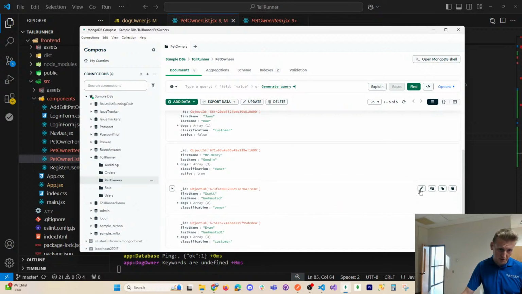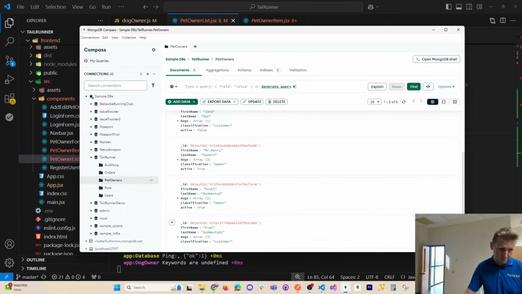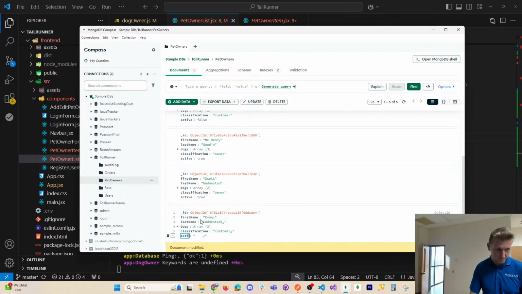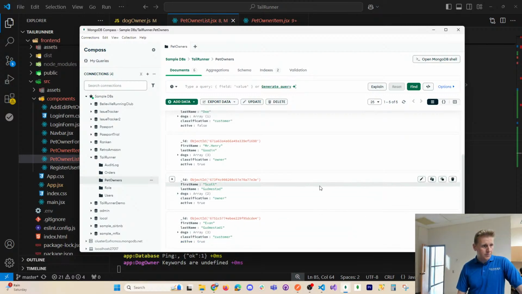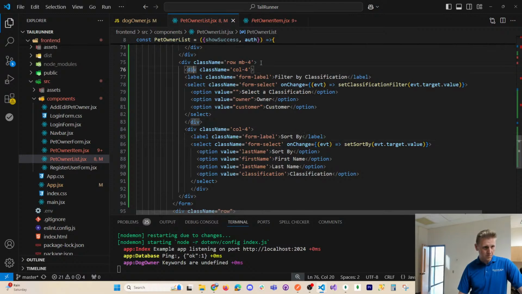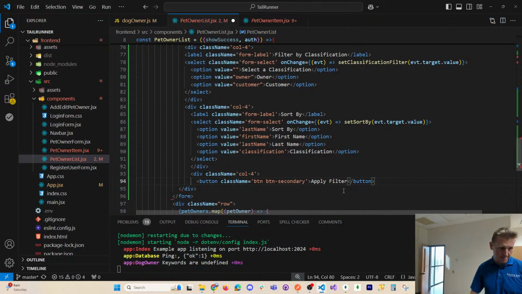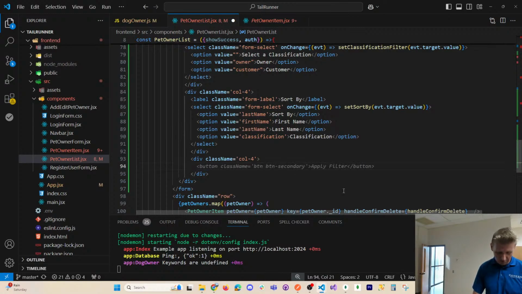Oh, I guess 2. Okay, so 3 active and 2 inactive. And so input type, okay, so